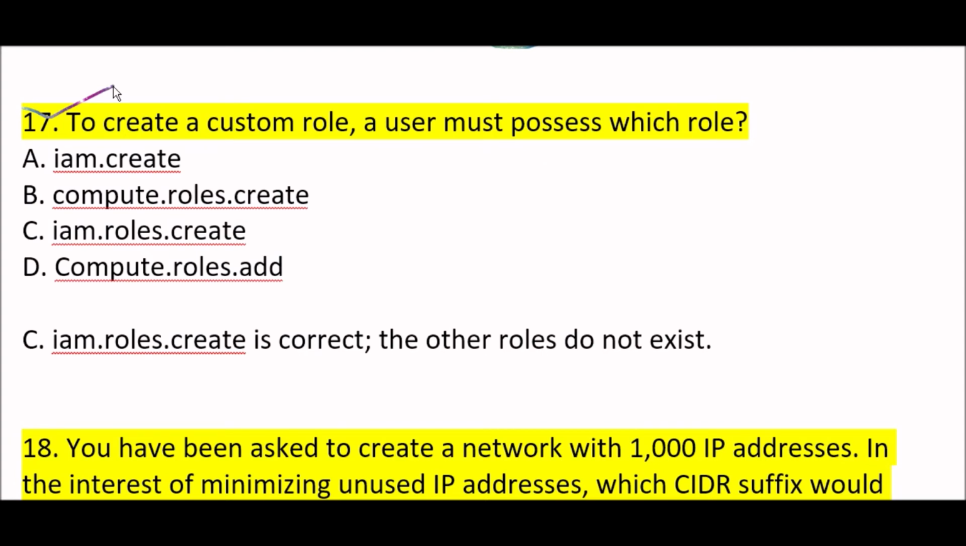Option A, iam.create. Option B, compute.roles.create. Option C, iam.roles.create. Option D, compute.roles.add. Right answer here is option C, iam.roles.create is correct, and other roles do not exist. Okay, so focus on it. Right answer here is option C,